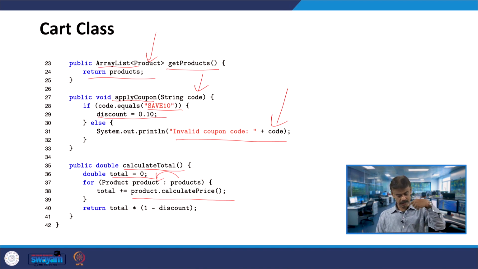Then total into 1 minus discount. Suppose the discount is 0.1, with the SAVE10 coupon, so 1 minus 0.1 is 0.9, and 0.9 will be multiplied by total, that means you are getting 10% discount. That is calculate total.